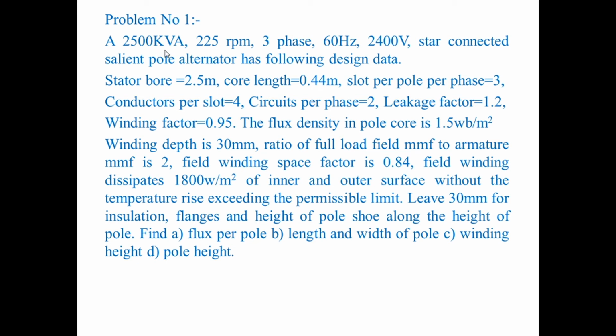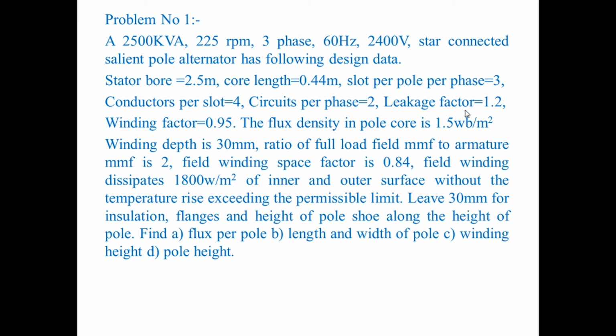design data. Its rating is 2500 kVA, 225 rpm, 3 phase, 60 Hz, 2400 volt, star connected, salient pole alternator has following design data. Stator bore is 2.5 meter, core length is 0.44 meter, slots per pole per phase is 3, conductors per slot is 4, circuit per phase is 2, that is 2 circuits per phase, and there are 4 conductors in each